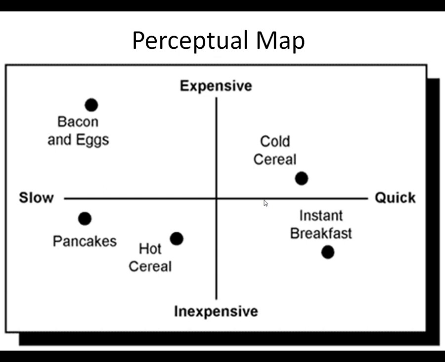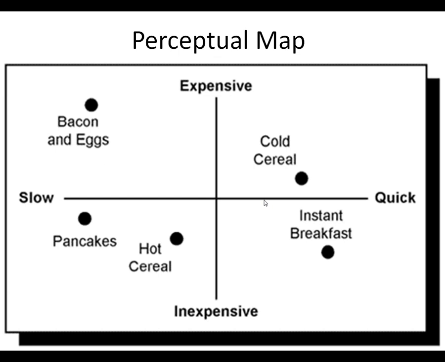Now, when trying to understand a product's position or a brand's position or even a company's position in the marketplace, firms sometimes build what's called a perceptual map. Sorry for my moving around, getting a little uncomfortable here. This is just a map where you have two variables and you put different products, different brands, whatever it might be. You map it onto this chart, just like a geometry graph or a trigonometry graph, but you just put little dots based on positions in the marketplace. If you look at this,